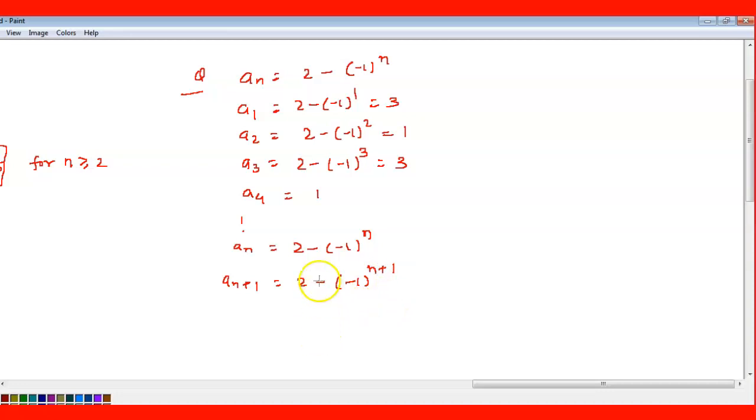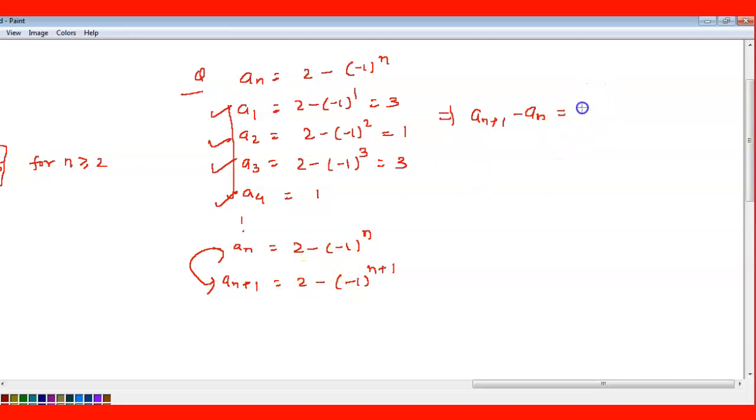And if you want to check out what changes are happening, it is better to subtract, because here we are not getting the order, right? We know that a1, a3 all come 3, and a2, a4, a6 all come 1. We want to check out the exact recursion here, so we can find the difference of two consecutive numbers. So we can write here an plus 1 minus an is equal to how much?